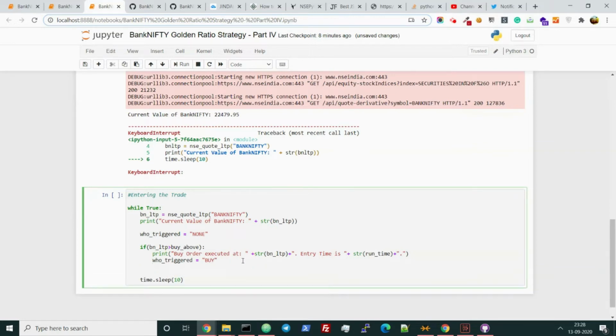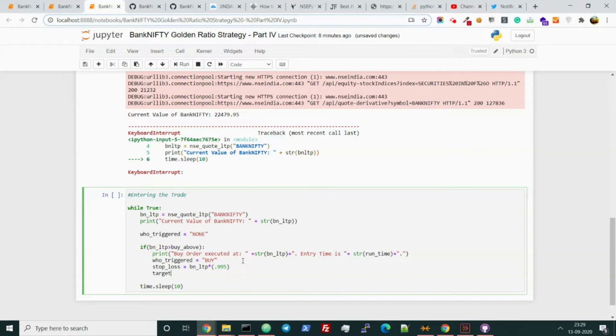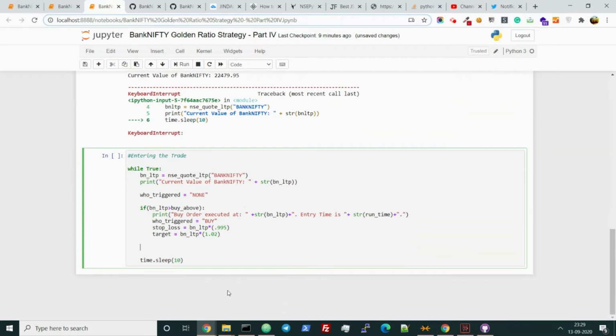And what is the stop and the target here? First, write the stop loss. The stop loss is 5%, which is LTP times 0.05... okay, not 5%, 5% is very huge. 0.995. Yeah, perfect. Target will be 2%. Correct. I'm just writing on the flow. If some error comes with brackets or some other issue, we'll see it later. Now we shall be coding the same for the sell trigger.